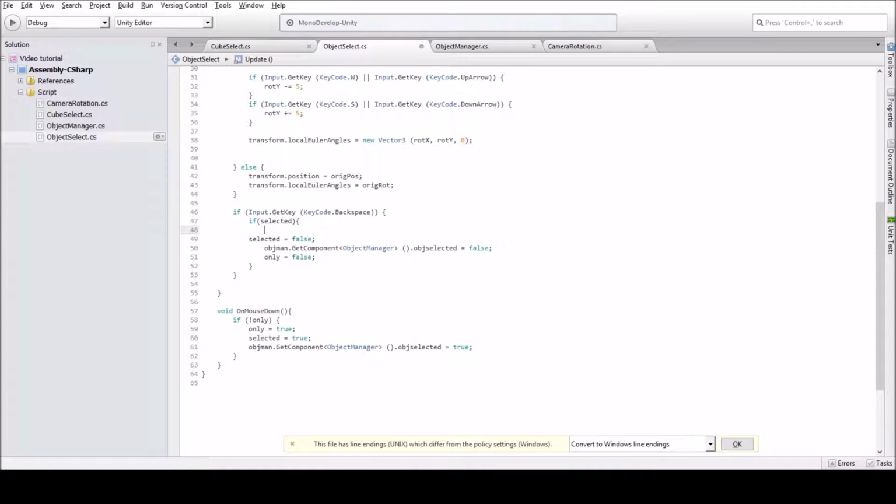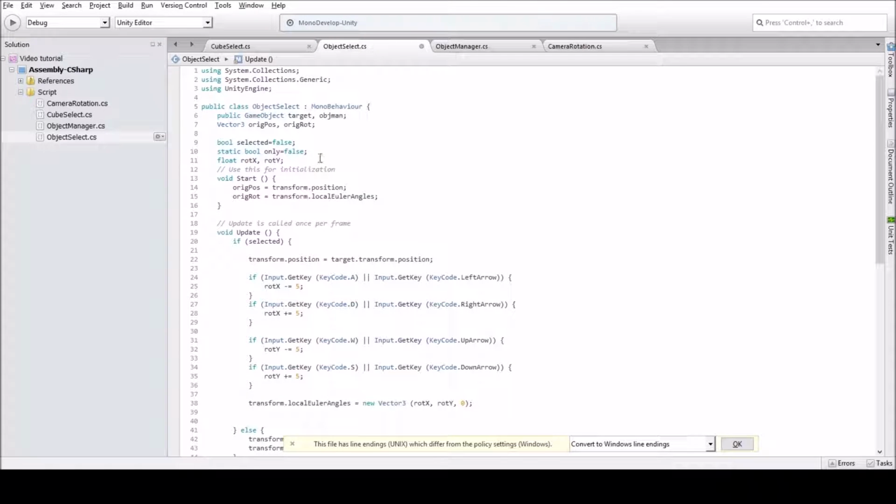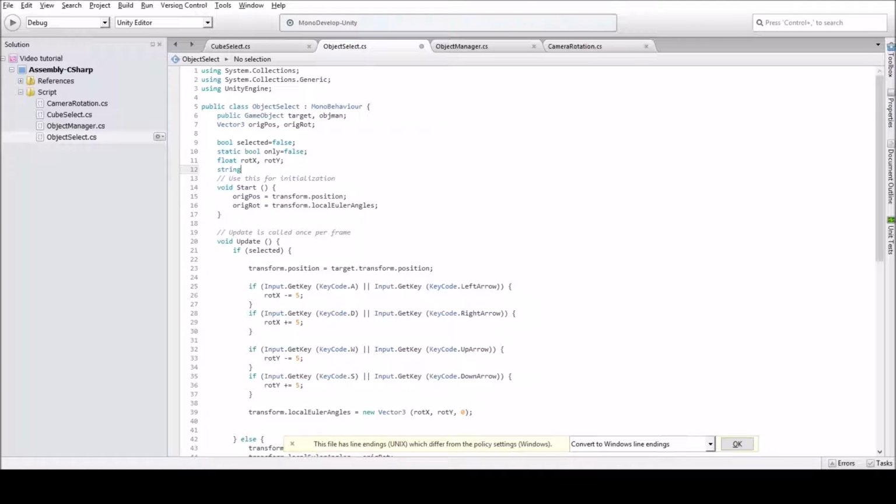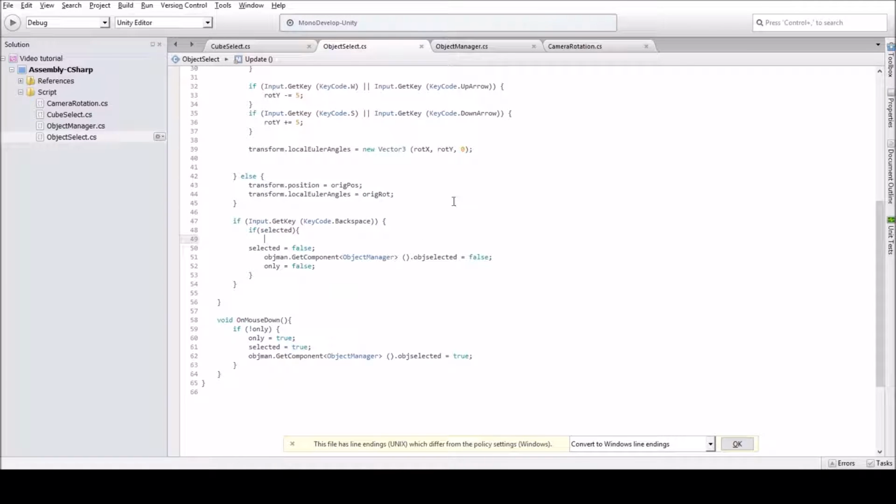If selected, so we're going to add a string here. String color. So